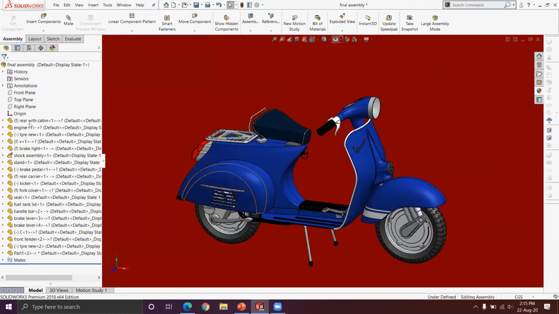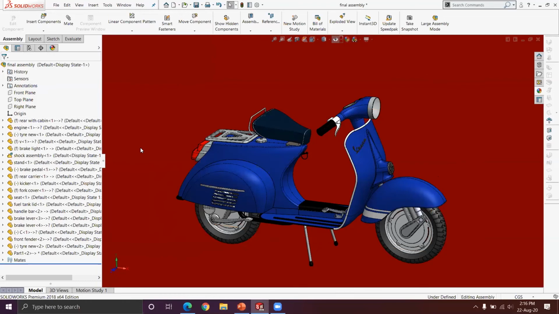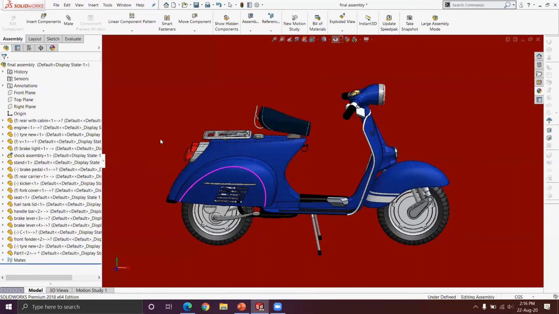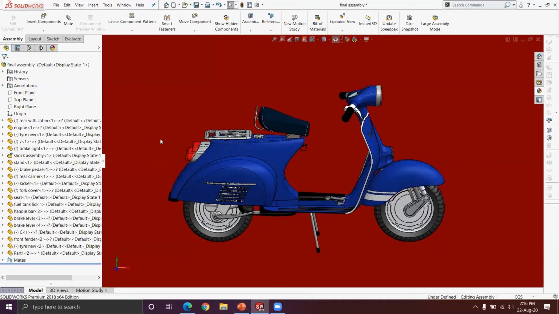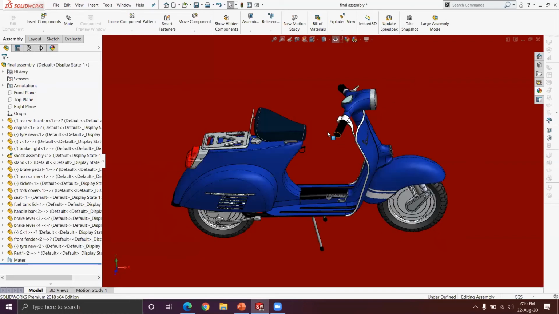First I have inserted the rear cabin, and it is a fixed one, and to that I have inserted the engine, tire, and all other wheels I have attached with different mates like distance mate, angle mate, and concentric mate. Some angle mates I have given for the handlebar and the stands.